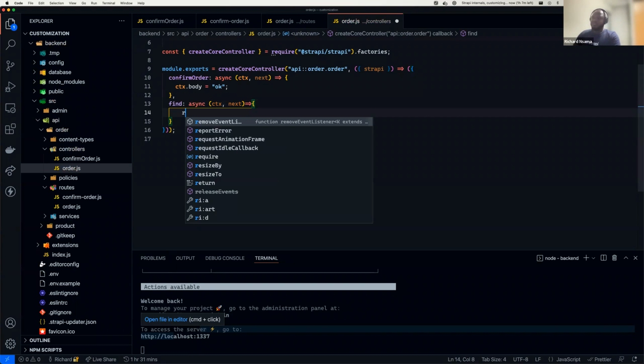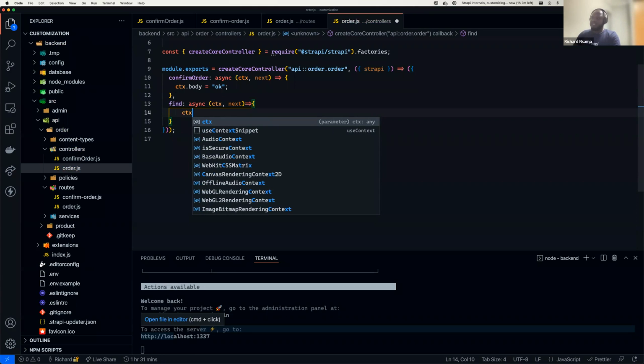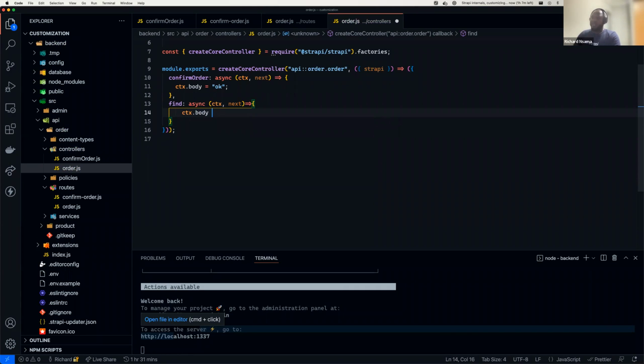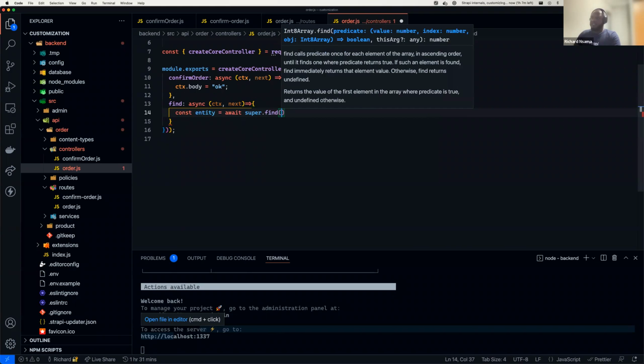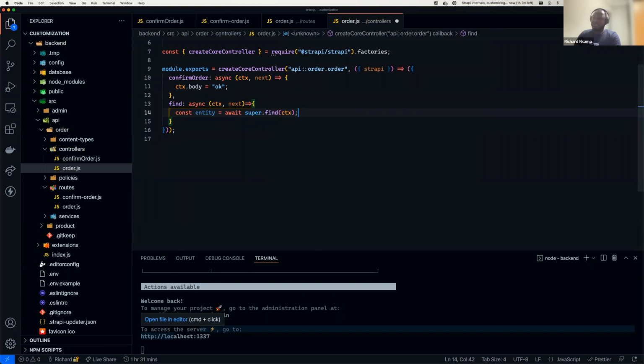So this is a complete override of that, and just saying you want to have your find function that just returns OK. Or if you wanted, you can actually tap into this controller by saying const entity equals await super.find, and inside there you're going to pass in your context. And then after that, you can return,